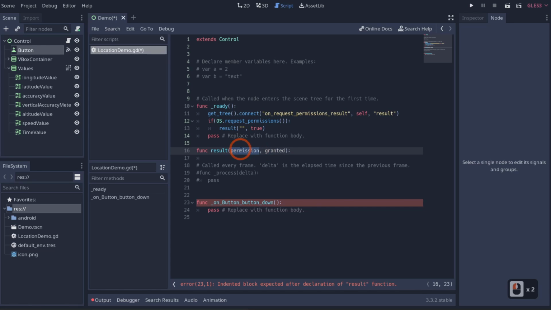And we're going to say, what permissions do we have? Now, in general, we don't need this, but this callback here returns the permissions, so you have to catch that data, or else it just won't work properly. So we do need that in there. So if it is granted,